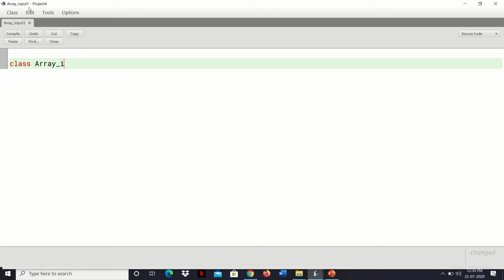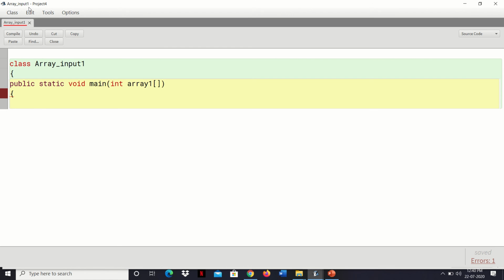This is the class name. Then the main method we have to write over here. Public static void main. Here we'll pass one array object in the main method signature, giving it as array1, and this array symbol indicates that it's an array.